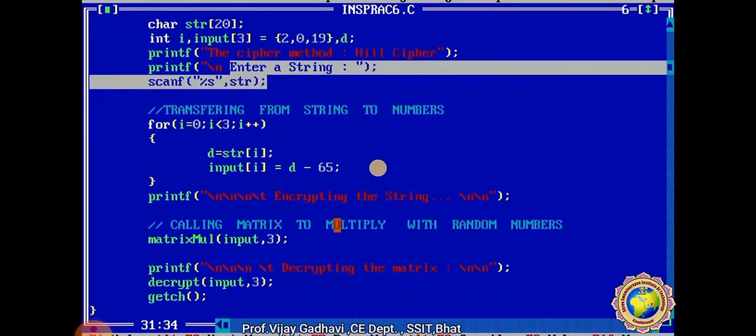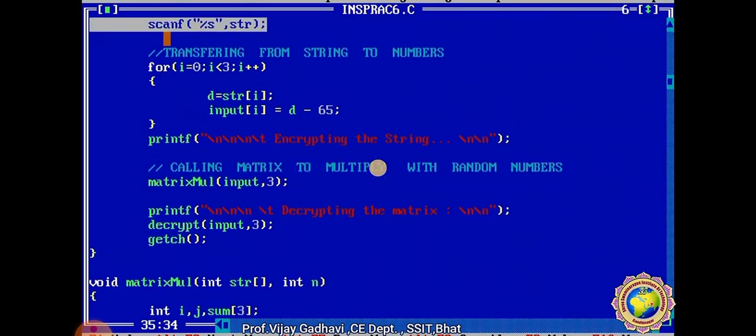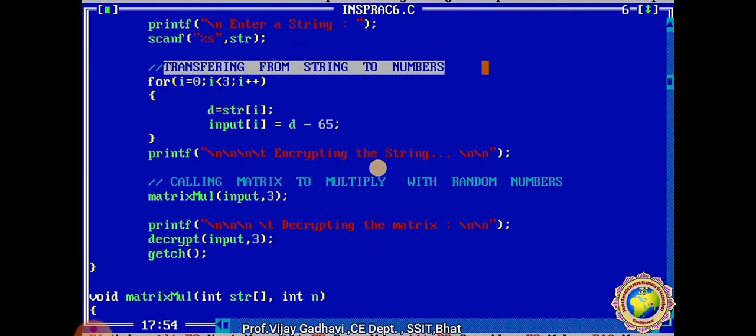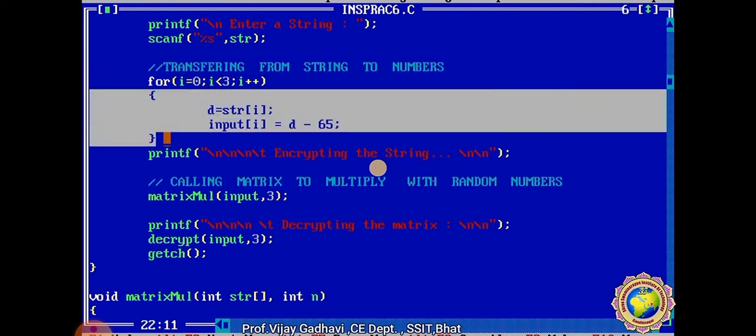Now here we use transferring from string to number. This is the basic concept of type casting and type conversion. Okay, in the loop you can see i is equal to 0, i less than 3, then the increment operator. Then d is equal to getchar, then input i is equal to d minus 65.